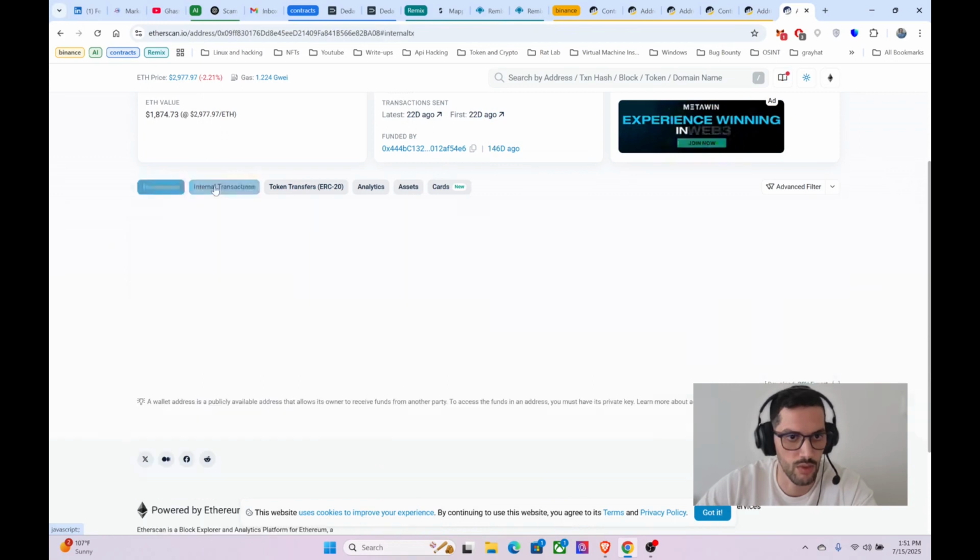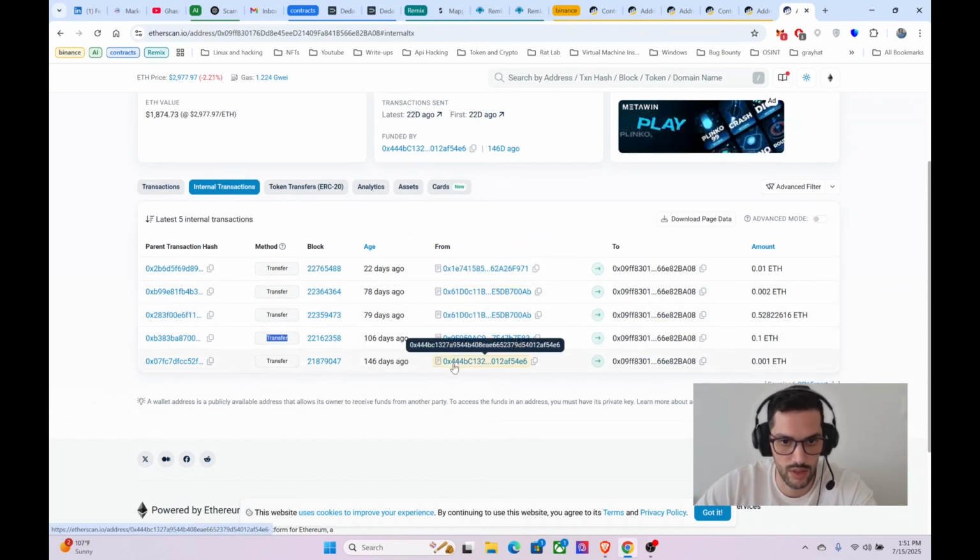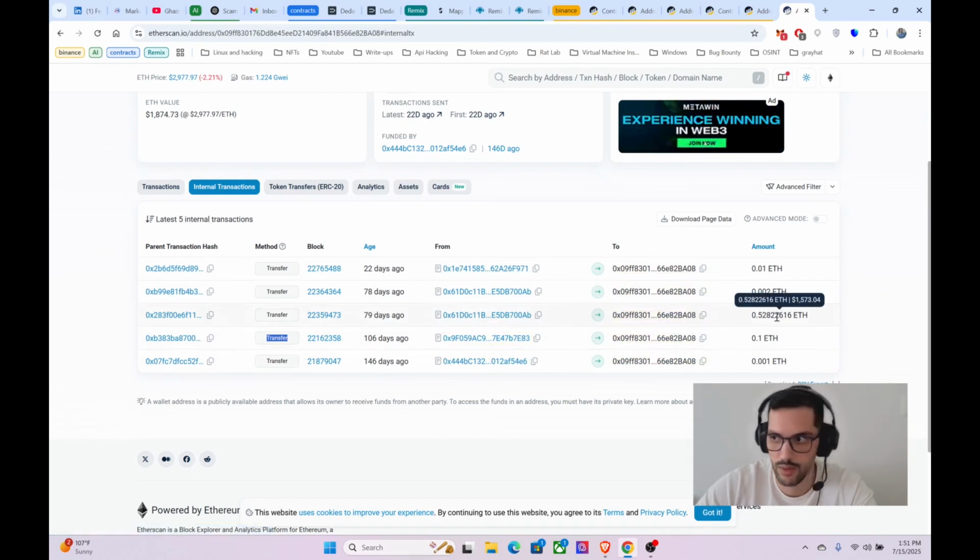Okay, and I went also to internal transactions and I found some transfers to this address, the address given by the code, from different contracts. For example, this one, this contract transferred 0.52 Ethereum.